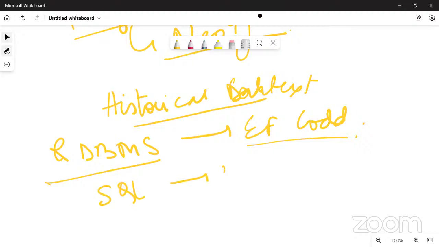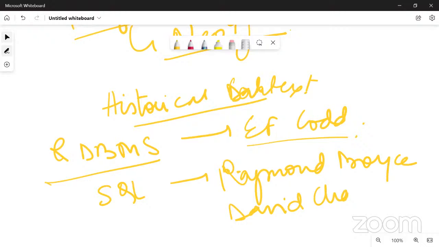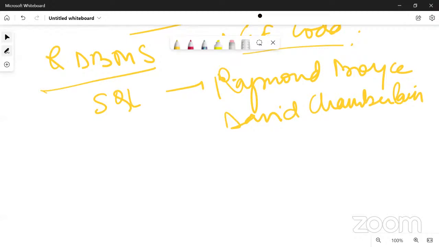SQL was given by Raymond Boyce and David Chamberlain. And this SQL was initially developed to query IBM's system. It was used with IBM. It was a database management system at that time.